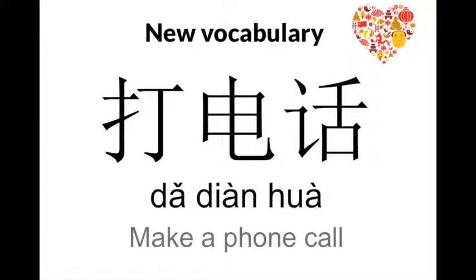And the second part, 电话, means telephone. And there's another one of those combination words with 电, which meant electricity, right? So this time we have 电 followed by 话, which means language. So 电话 literally means electric language. So put them together and we get 打电话, a verb that interacts with a phone, of course means make a phone call.